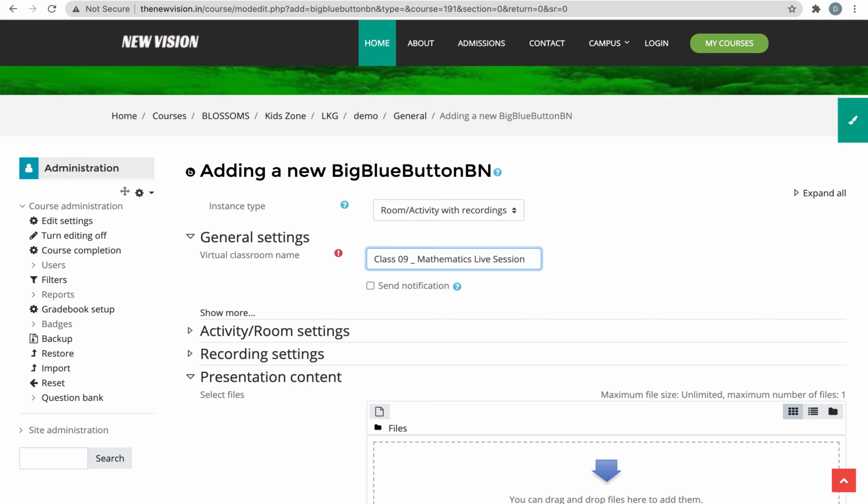If it is class 8, you will be naming it as class 8 English, Hindi, mathematics, social studies, something like that. So class 8 mathematics, class 8 physics, class 8 social, likewise. Select this option. If you select this send notification, based on your schedule, it will send a message to all the authenticated users and also notifications.